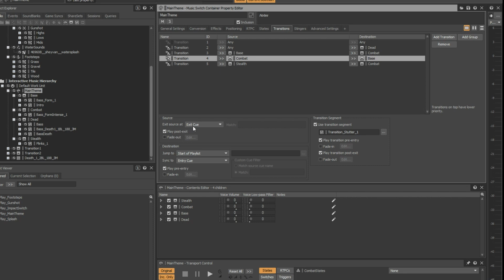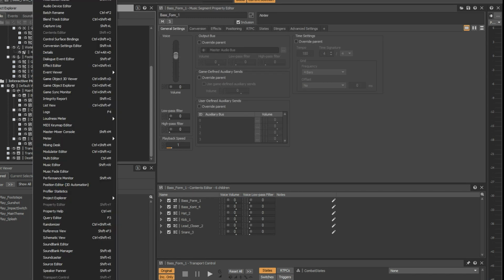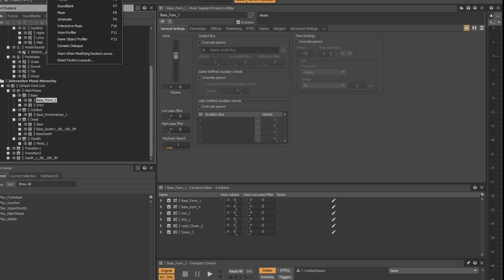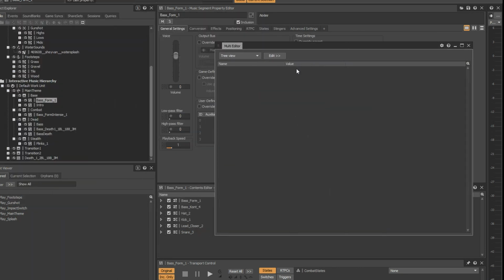So the base is you have next cue, or the exit cue, next grid, next bar, next beat, and you can also in each of these sections put in custom cues, which you can then also have the transitions cue off of. So if I go back to the music editor and look in,